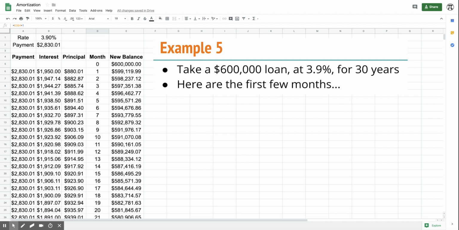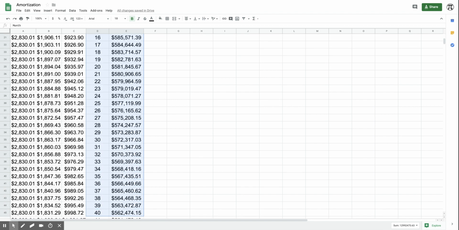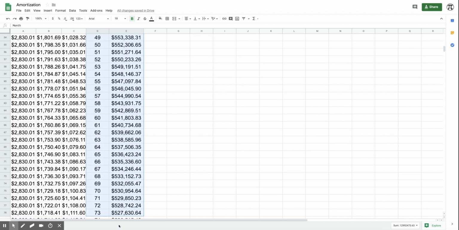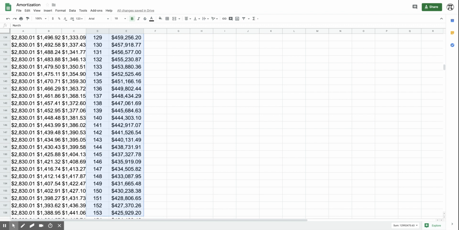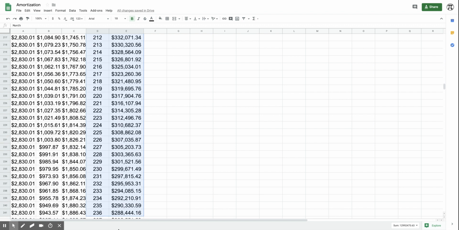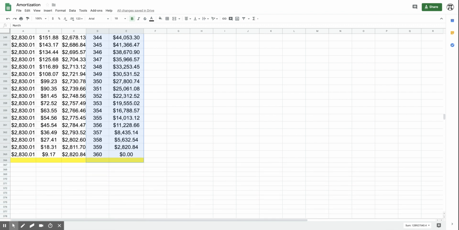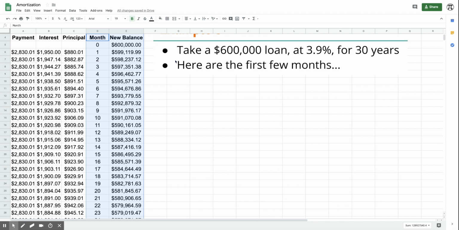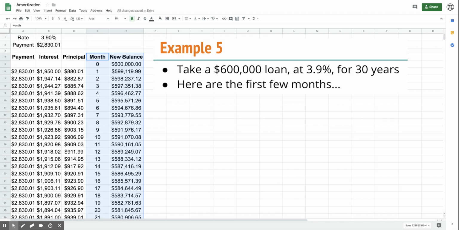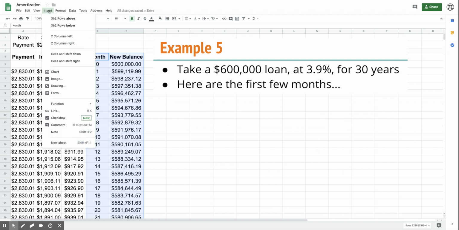And what's really nice is you can now say, let's take the month and the balance, and let's select all of the data in those 2 columns. And what we have here is the column on the left is like the X variable, and the column on the right is going to be like the Y variable. And we're going to create a graph of all of that data. So I clicked and dragged all the way down. I can scroll all the way back up so you can see it starts here with the headers, and then I'm going to insert a chart. So select that command,